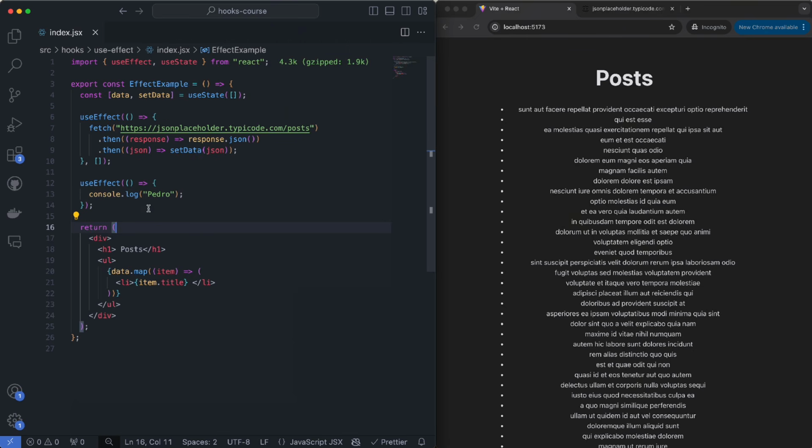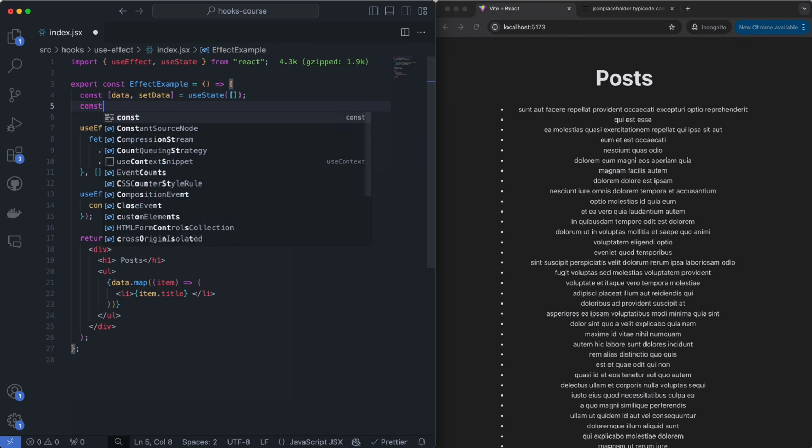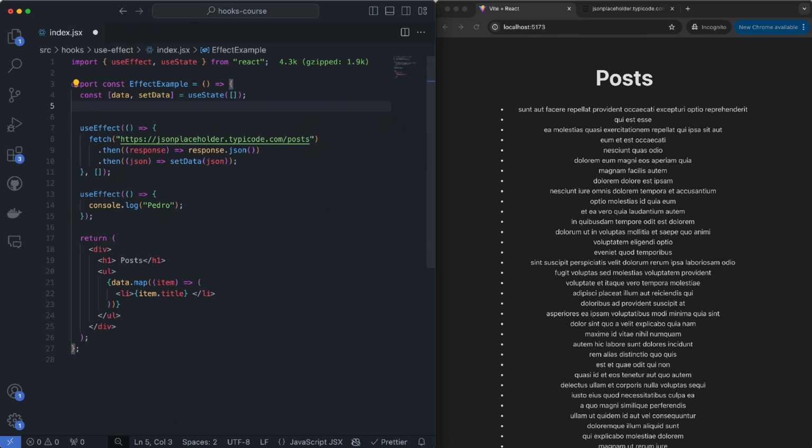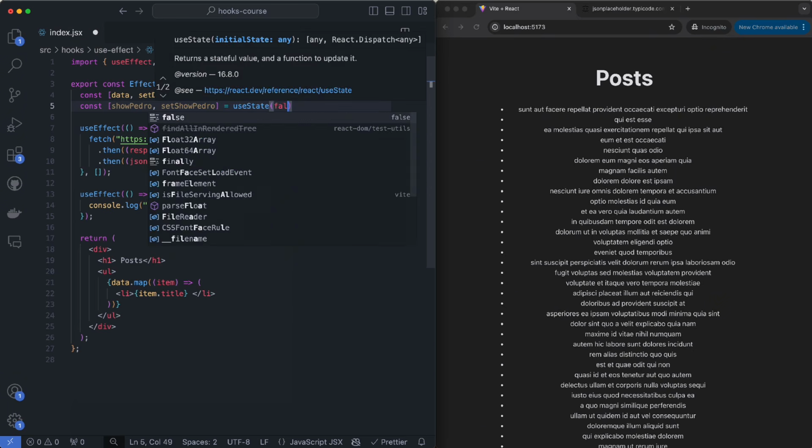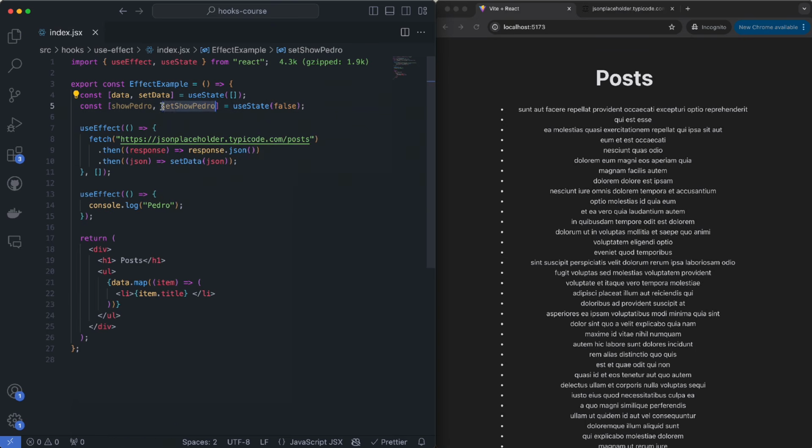Now, what will this do? Well, I want to console log the name Pedro every time another state changes. Let's create another state over here. Let's call it something along the lines of showPedro and setShowPedro. This will be a Boolean, so it will start as false, but it doesn't really matter because all we want to do is, whenever I click on a specific button that I will create over here at the top as the example for you guys,